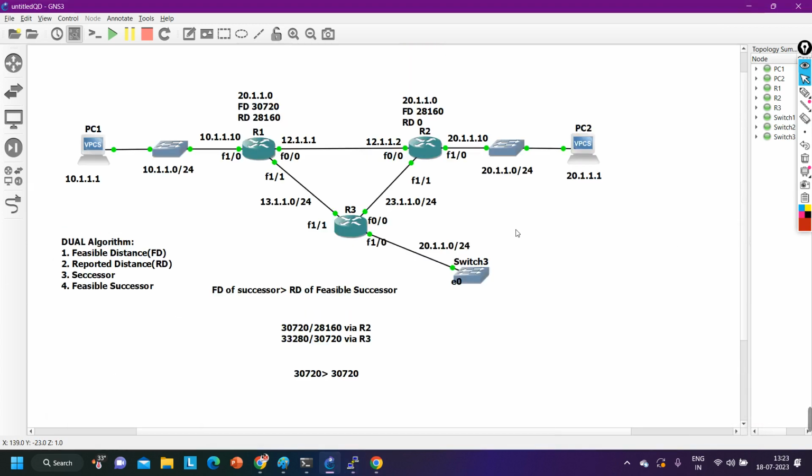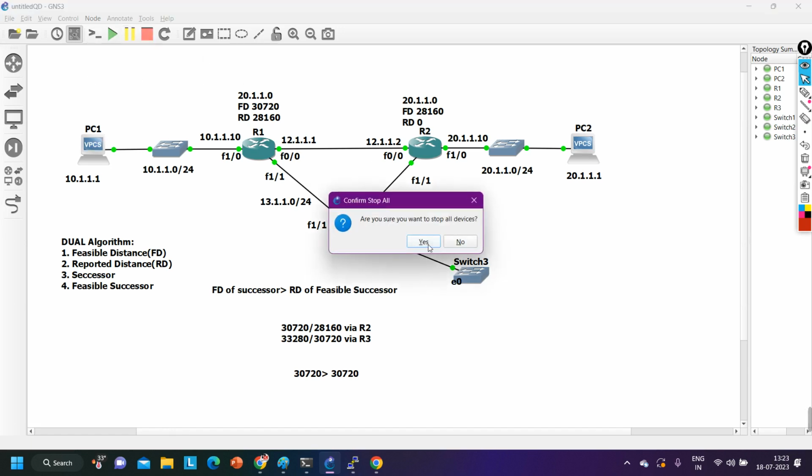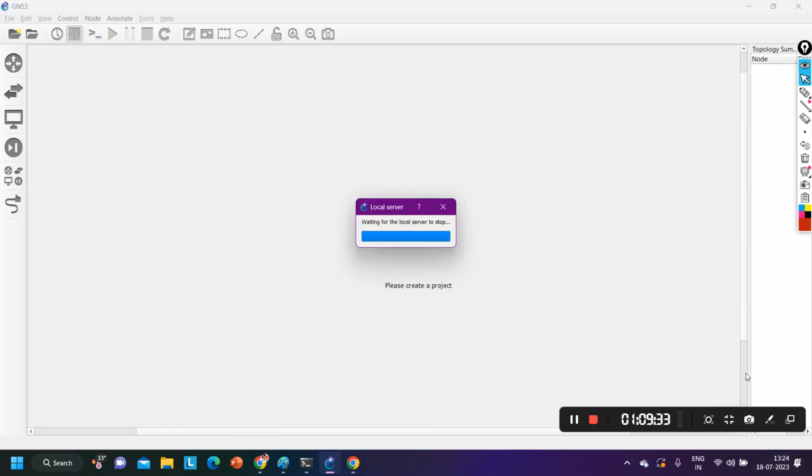So this is all for today. We discussed the EIGRP topology table, EIGRP routing table, and EIGRP neighbor table. We discussed how to configure EIGRP. We understood the DUAL algorithm, its terminology, what is FD, RD, successor, feasible successor, and what is the feasibility condition. Then we discussed how to manipulate maximum paths and maximum hop count. Done, guys. Now I am going to shut down all the routers and close the lab. If anyone